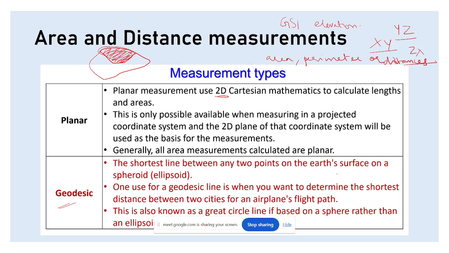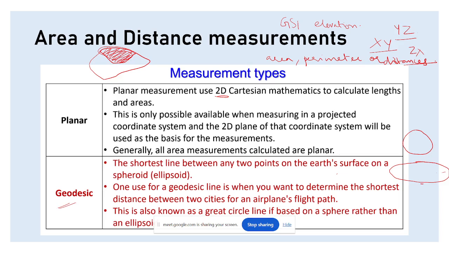Okay, so the shortest line between any two points on the Earth's surface on a spheroid or the ellipsoid. Because the Earth's surface, we don't consider it as an absolute sphere. It's not a very good drawing, but still, we consider Earth more of an ellipsoid. So not exactly like this, but a little flattened on top and then bulged on the sides. So the shortest distance, or the shortest line that you can draw on the Earth's surface on a spheroid is